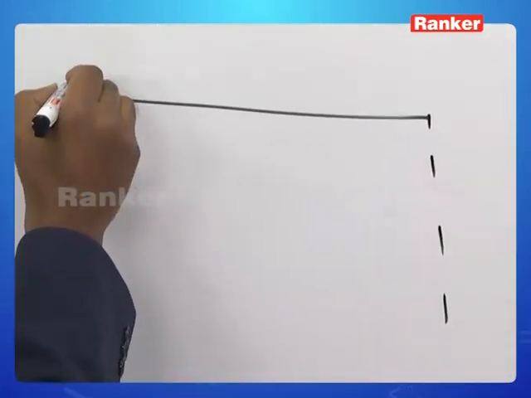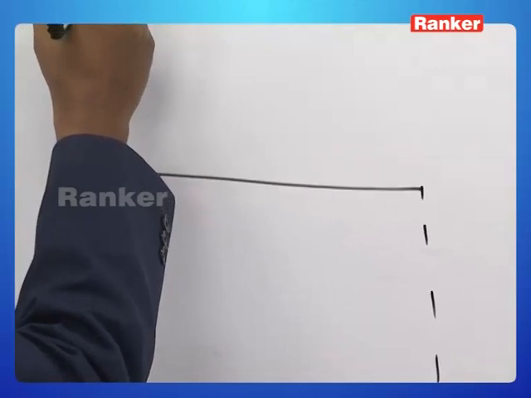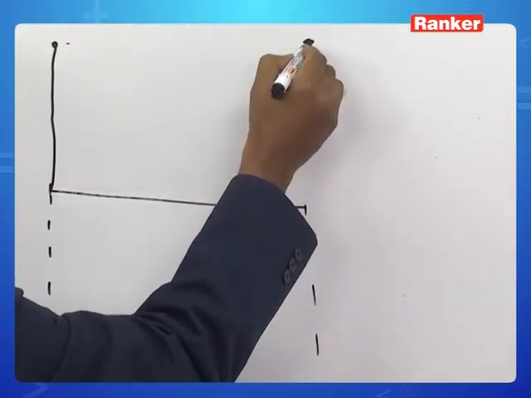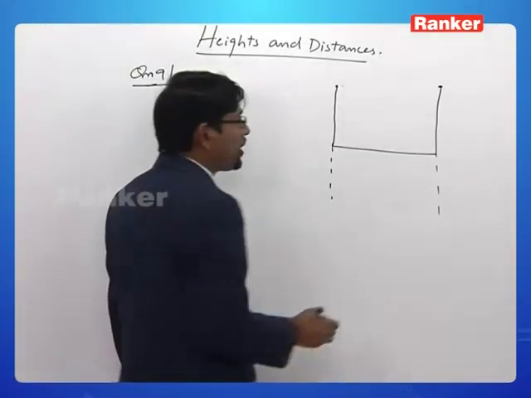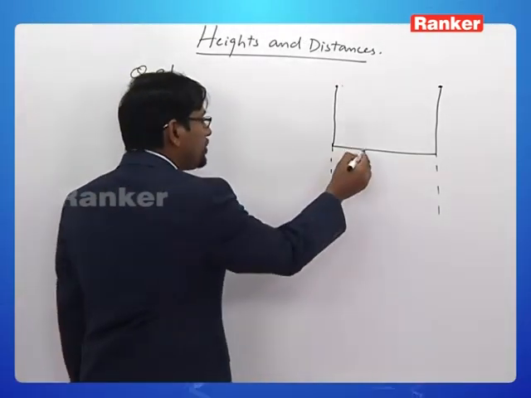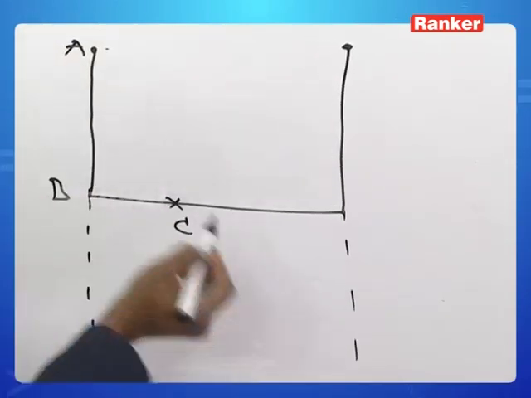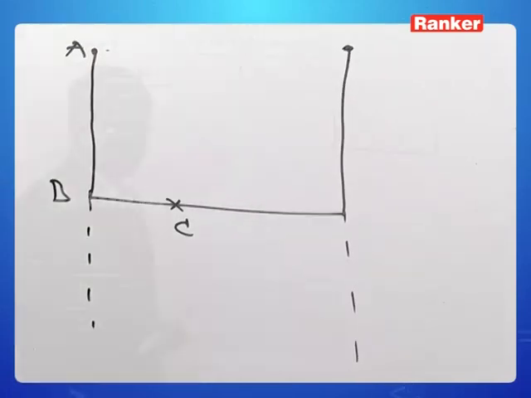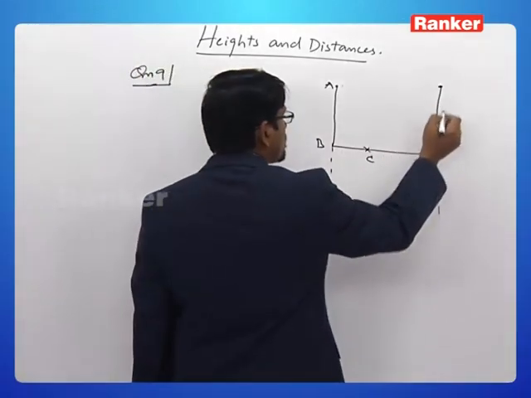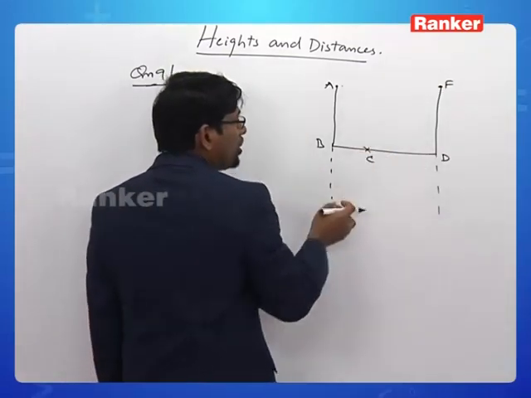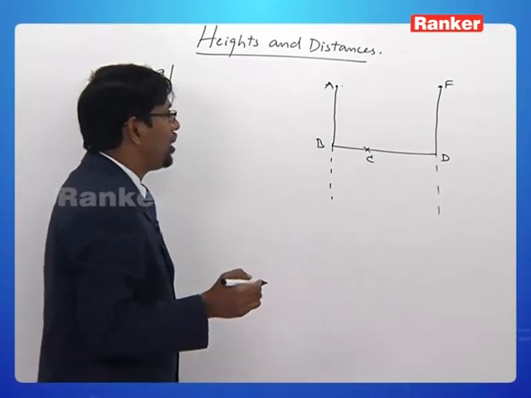On either side of the road, two poles of the same height are erected. This is the road, BD, and at some point C on the road,